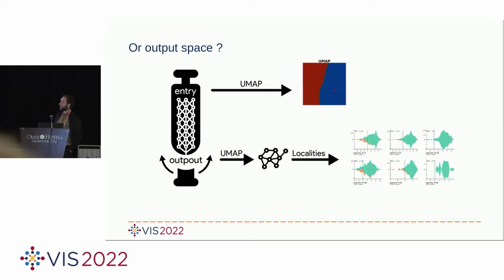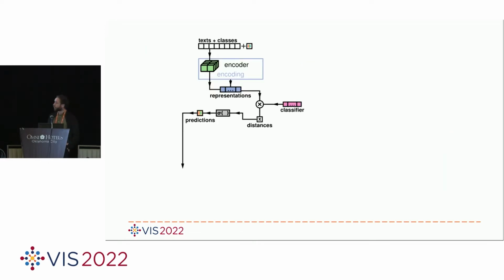Depending on the size of the dataset, many elements may exist and saturate the visualization of the decision boundary. That's why we focus on subspaces of the representation space to explain predictions. We construct these subspaces and call them localities. Localities are then areas of the representation space where data elements lie close to each other. To construct them, we use the classifier component of the neural network, here in pink. We project the data elements onto the decision boundary, as this boundary is a hyperplane in the data representation space.